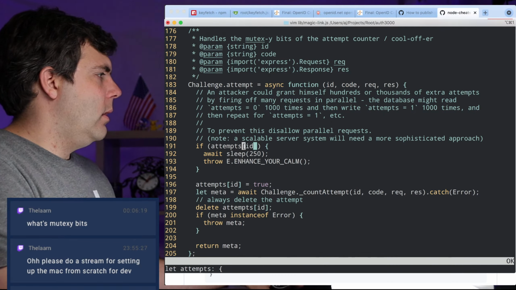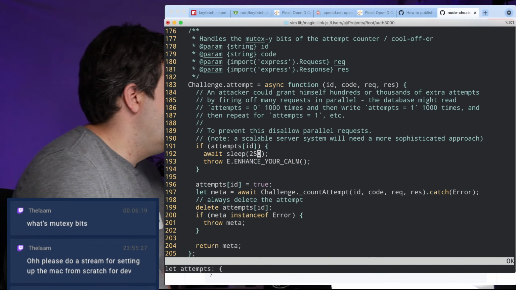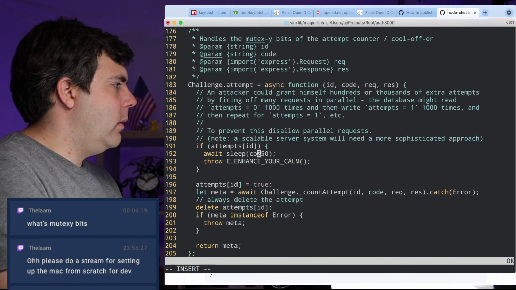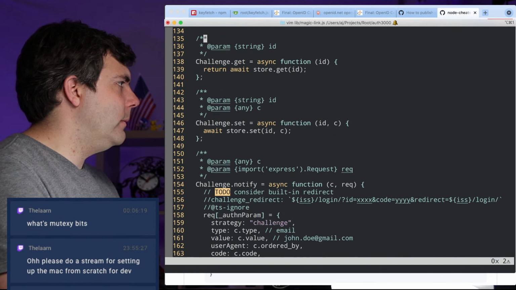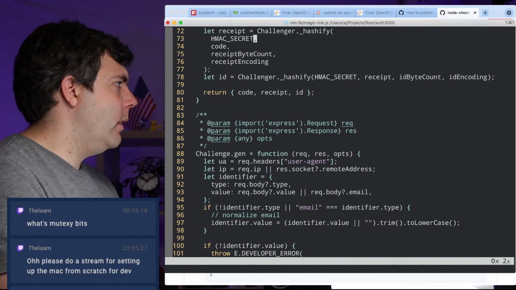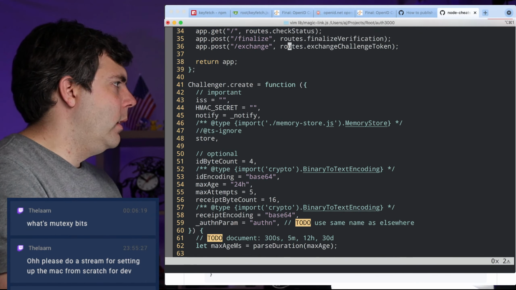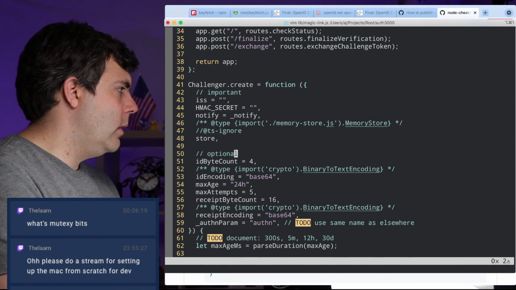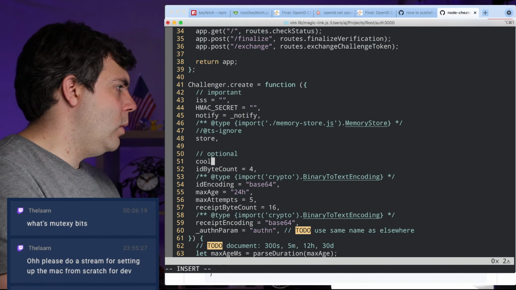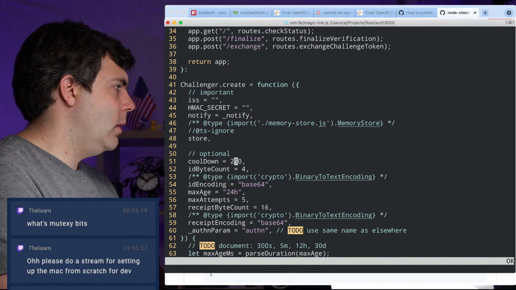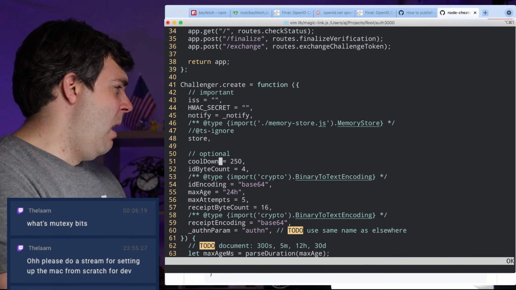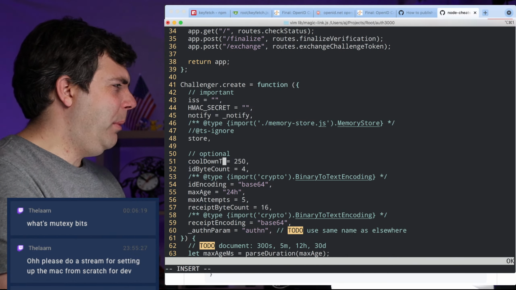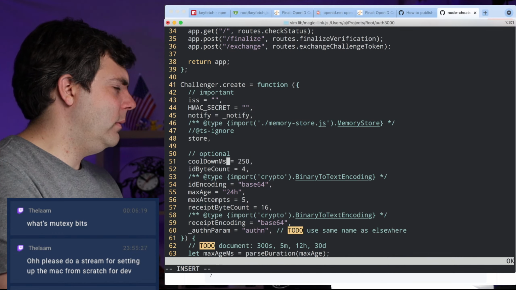Also, this cooldown I should specify as part of the config. It should be all the way up here. And I'm going to move this into another file. So cooldown equals, and I don't know if I want that to be cooldown time. Cooldown time maybe? Cooldown time. Cooldown MS.